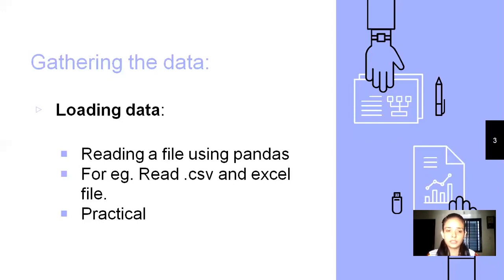We have seen in the data science pipeline that when we are gathering the data, we have to make the data set in a usable format. The usable format was either the Excel file or the CSV file, or we can say the JSON file or the XML file. But over here, we are taking two examples: how to read a CSV file and how to read the Excel file. So let's see how to read it.